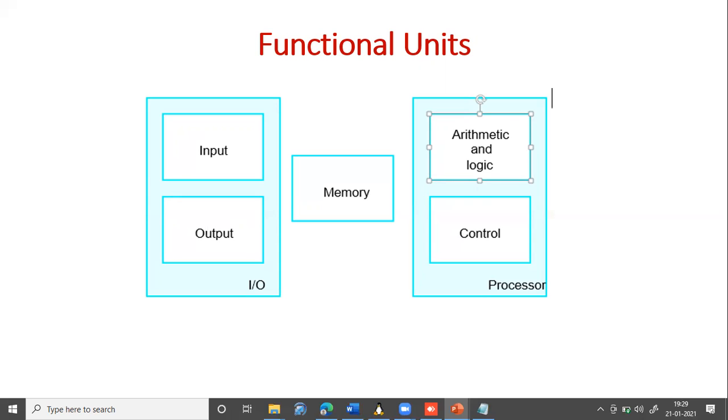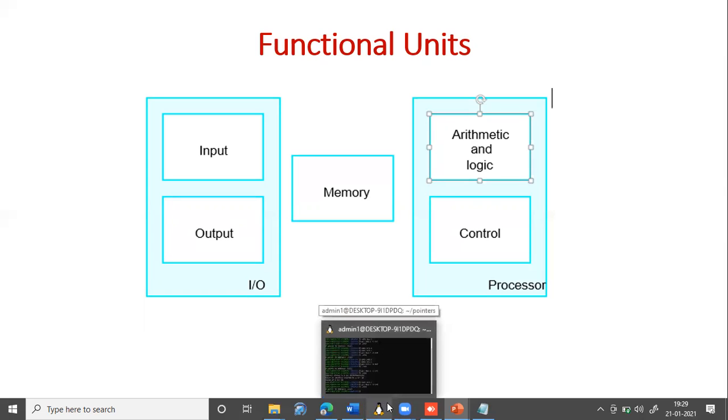And which operation should be performed, that decision will be taken by the control unit. So basically, the control unit is the one which coordinates between the IO unit, memory unit, and arithmetic logic unit. Okay, and the control unit provides signals like when what operation is to be performed. Right? But the control unit itself is a part of the CPU. Okay,